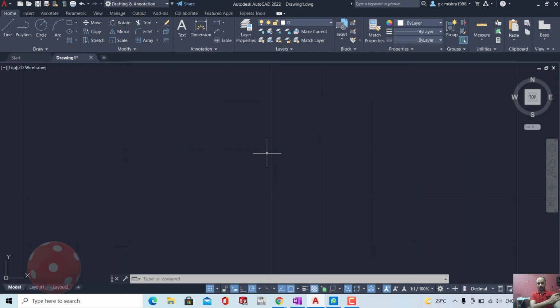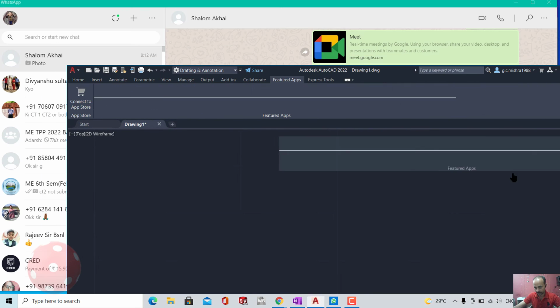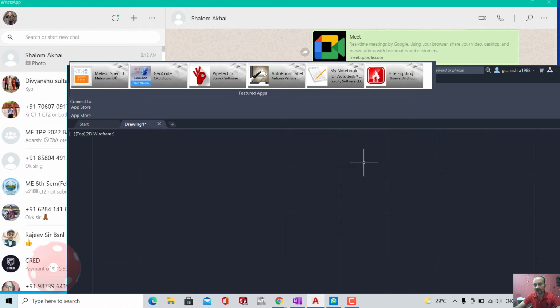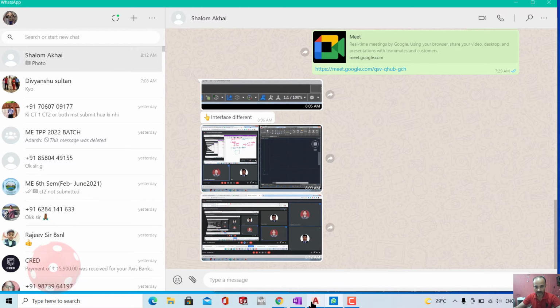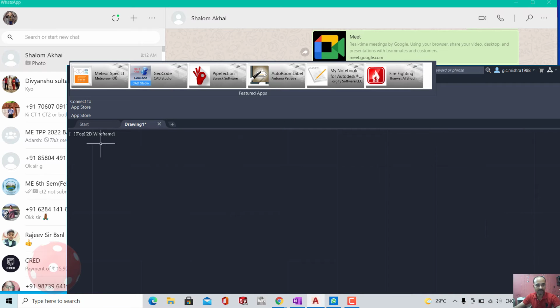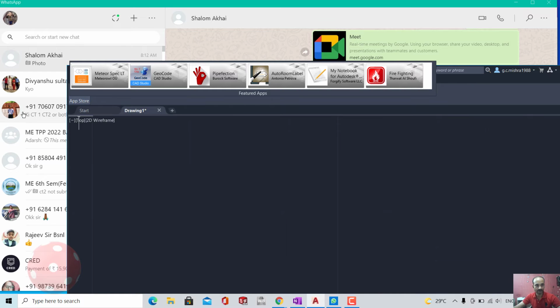So for the beginner, it is recommended that you work in full screen. If you resize your AutoCAD window, then several things will be calibrated, as I am showing you. If you change something, then your interface will be quite different sometimes.